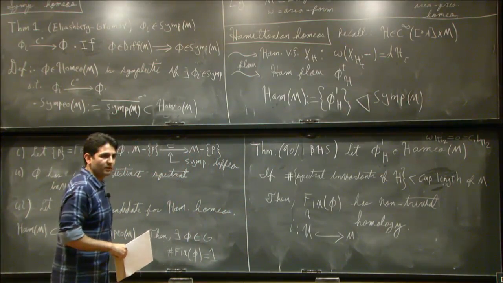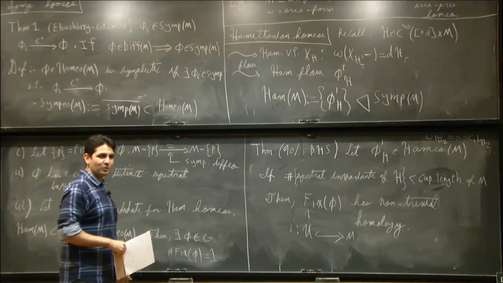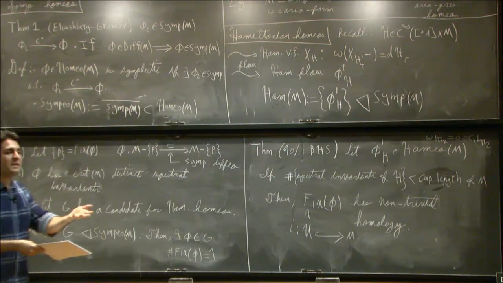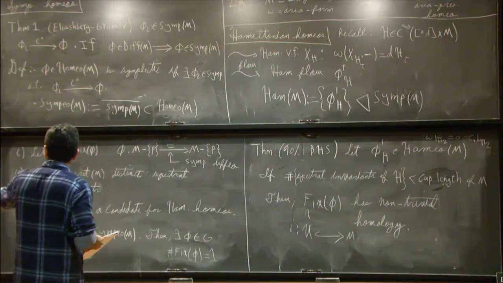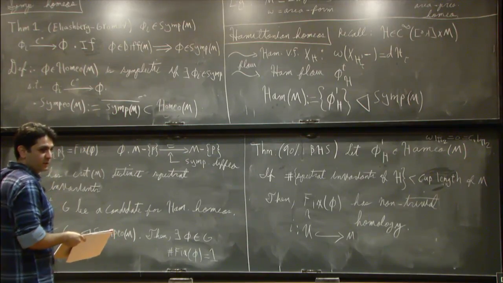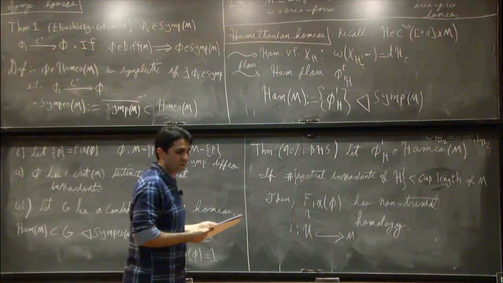So what does it mean for a fixed point to have several spectral invariants? I don't really know what I mean. I can't make that statement precise right now. I hope to be able to do it in the future. But for example, when you have just one fixed point, then all the spectral invariants of the Hamiltonian are concentrated at that fixed point. Yeah, but what does it say about the fixed point itself?